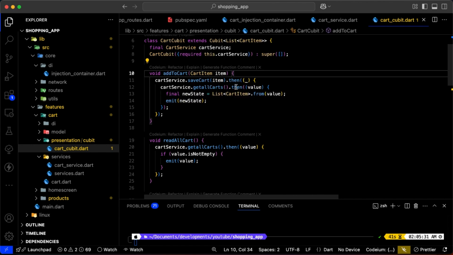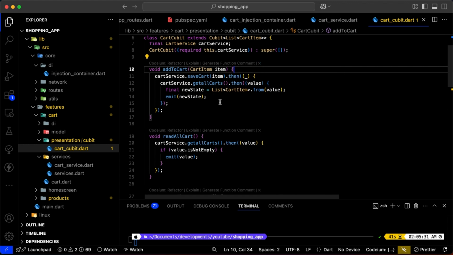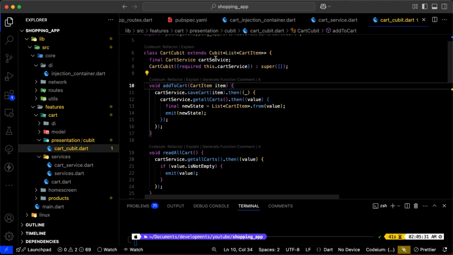So after adding to cart, we also get that cart and emit that,